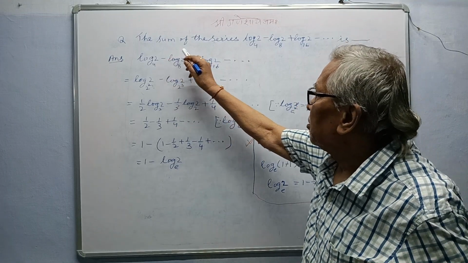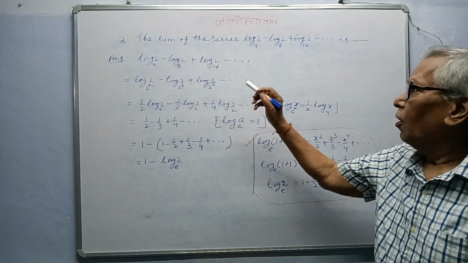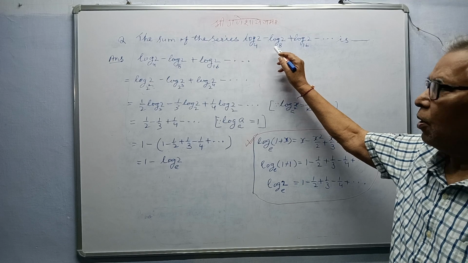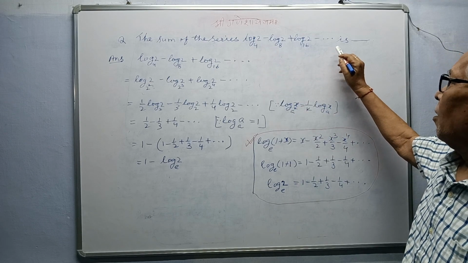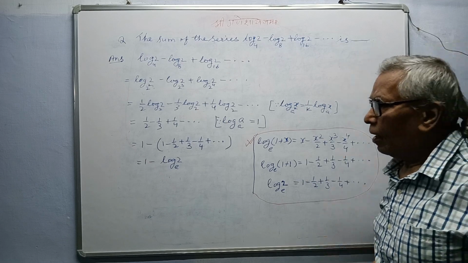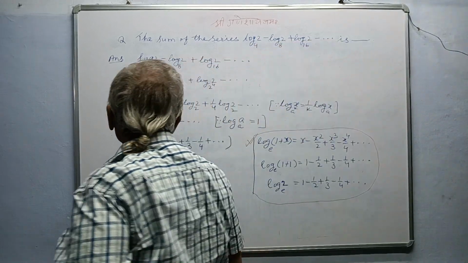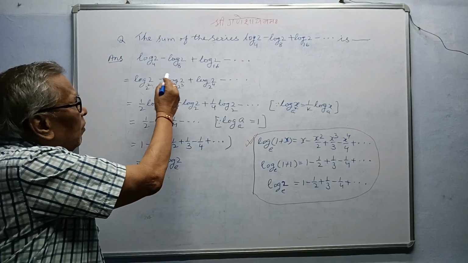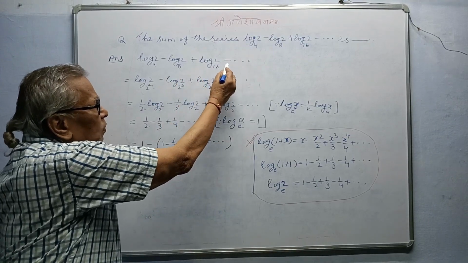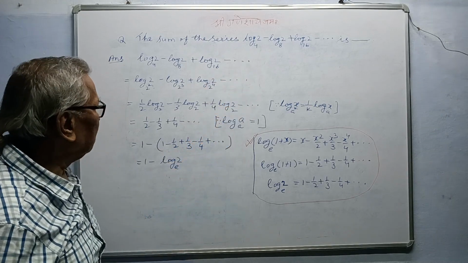Question: the sum of the series log 2 to the base 4 minus log 2 to the base 8 plus log 2 to the base 16 minus up to infinity is. Answer: log 2 to the base 4 minus log 2 to the base 8 plus log 2 to the base 16 minus dot dot dot is equal to